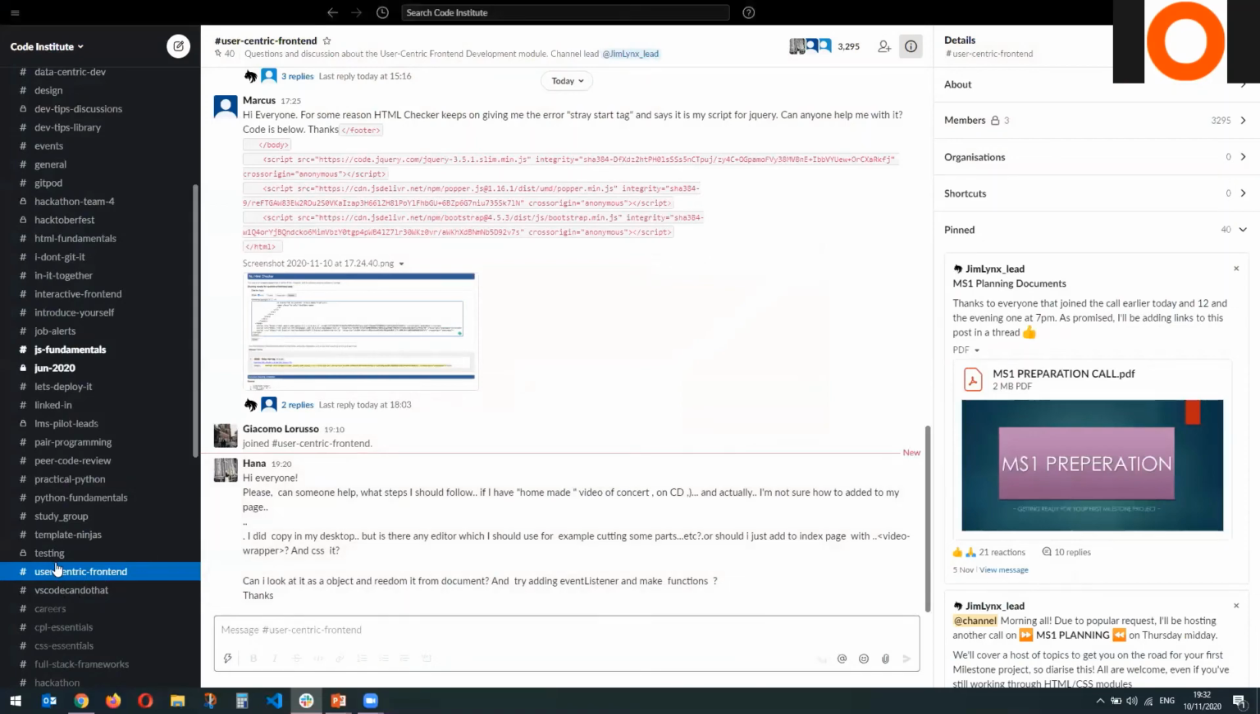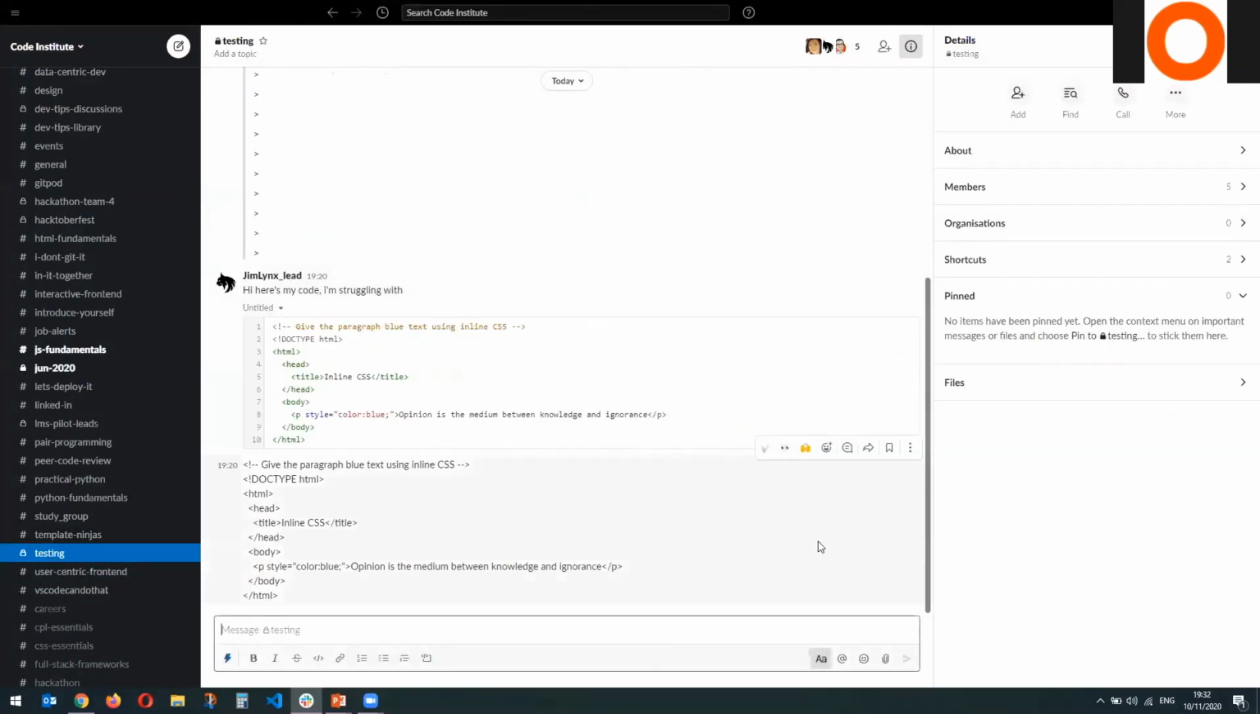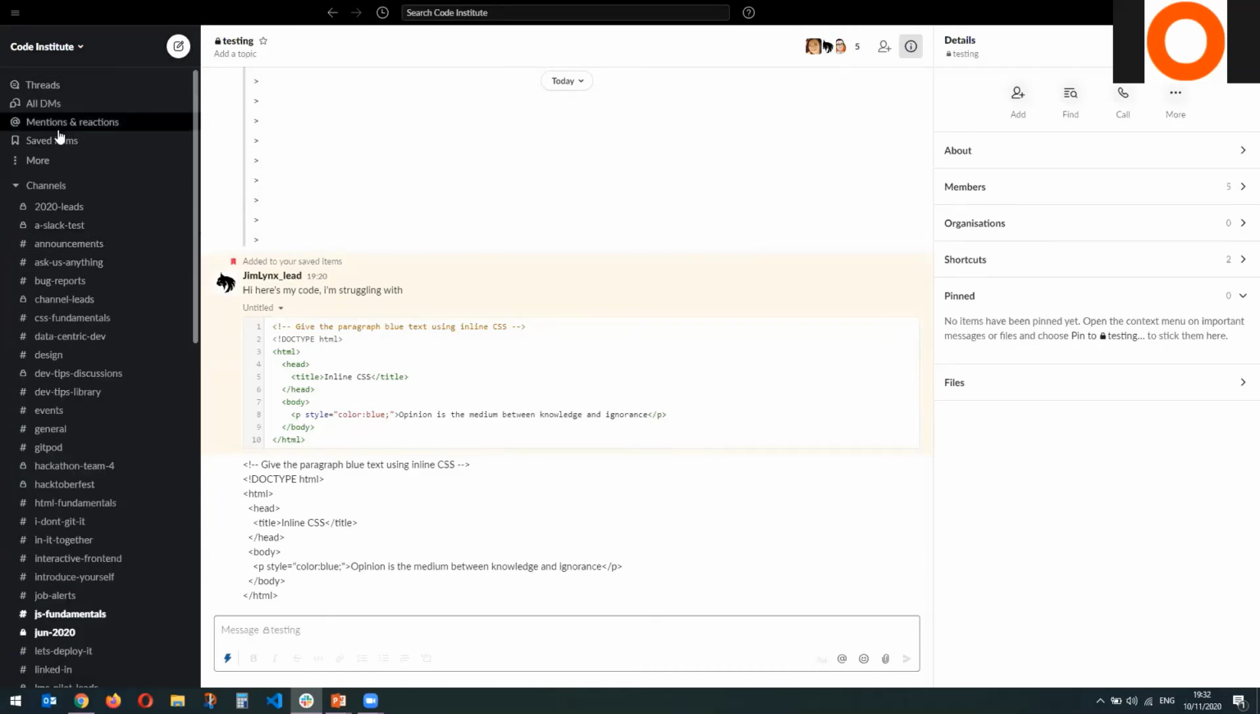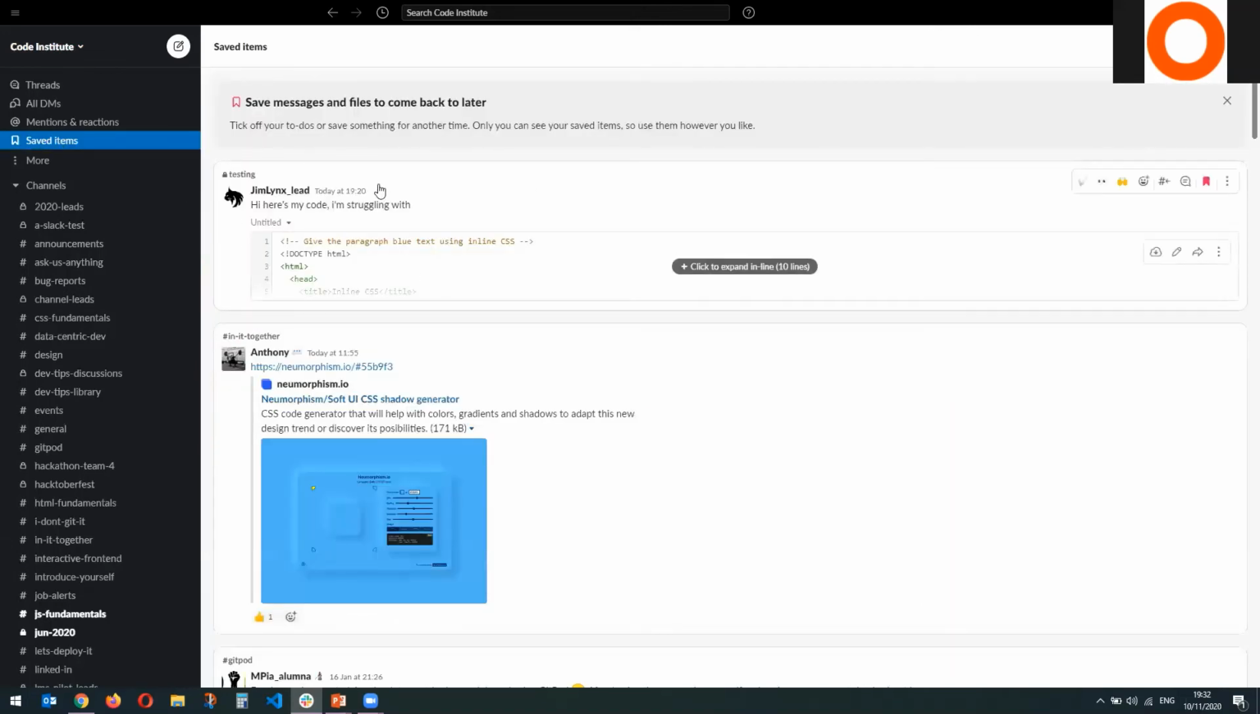So if we go back to here, where we've got the post bar opening up there, there's a little button called save. And if I save that, it'll change to red. It looks more like pink to me. And right at the top on the left-hand side bar, you can click on saved items and you'll see the